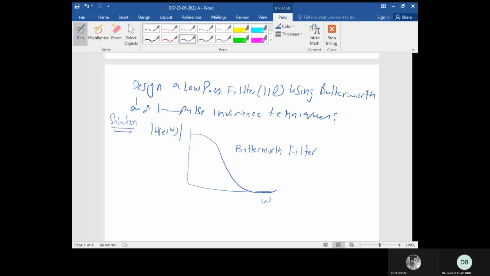Expensive means higher order. I explained earlier that the higher the order, the more expensive the calculation. So if you are given filter specs and you are asked to design, if you design it with the Butterworth algorithm, you will have a very high order, maybe 32. But you might design the same system with an elliptical filter with order 4, right? So that's a difference.